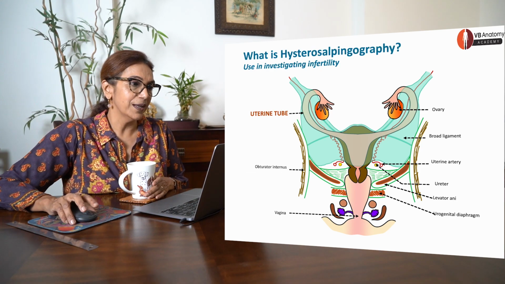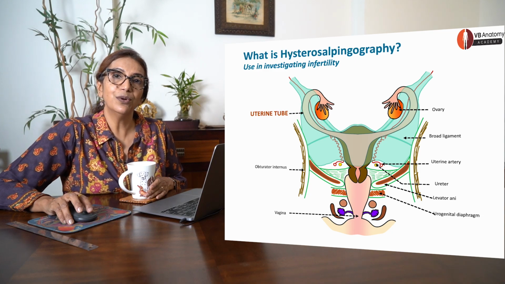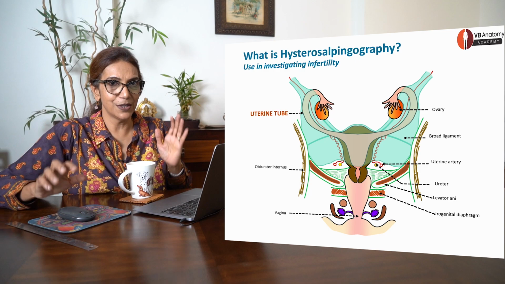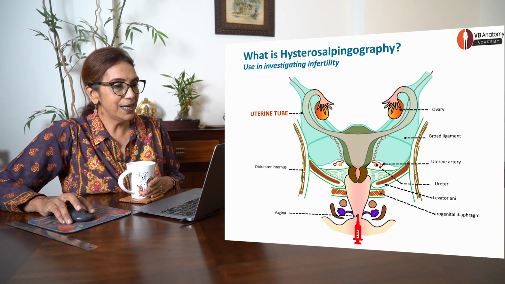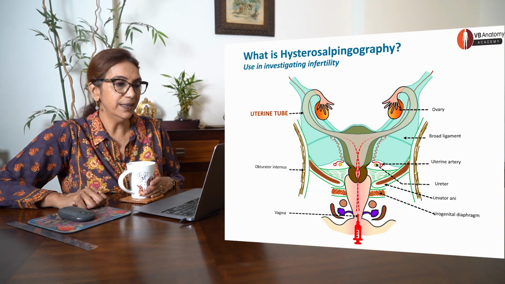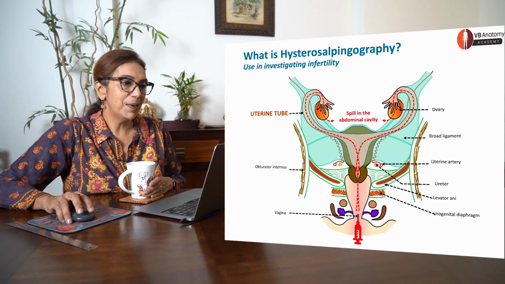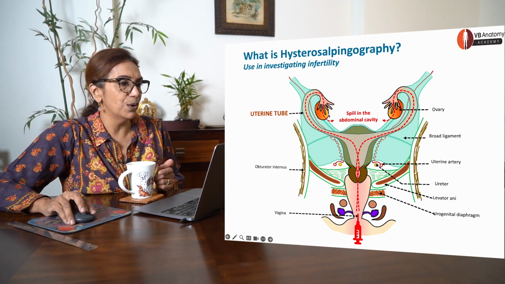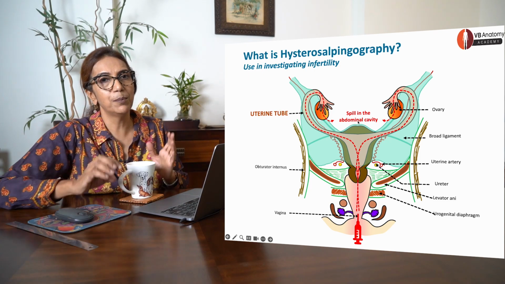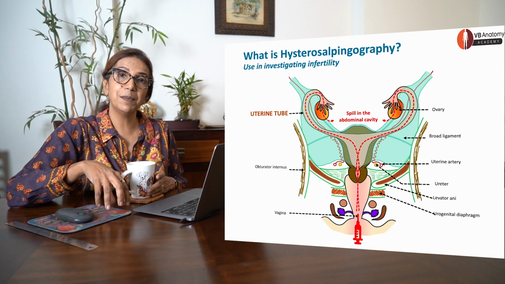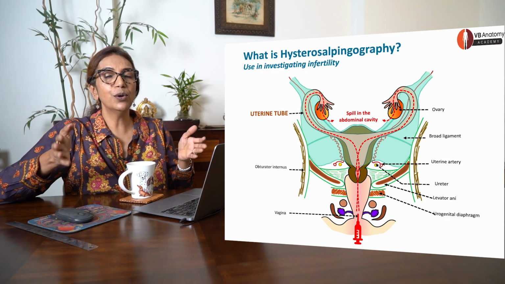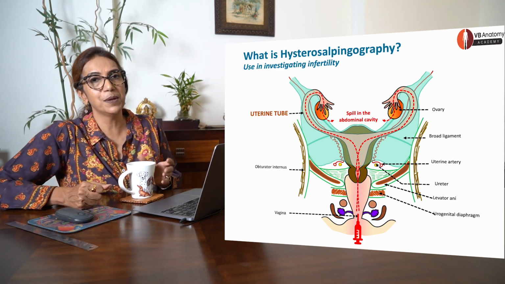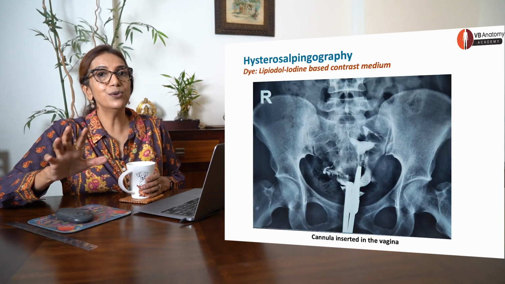Clear? Okay. So, what is hysterosalpingography then? We are probably investigating a case of infertility. So, what do we do? We inject a dye into the patient's vagina, it passes through the cervix, passes through the fallopian tubes, and finally is released through the two abdominal ostia to spill into the abdominal cavity. This is if the patient is normal. So you are going to see bilateral spill of the dye, and you're going to take an X-ray of the patient so that what you see looks like this.